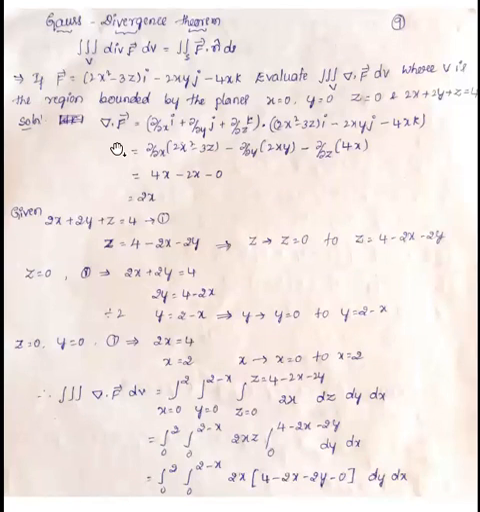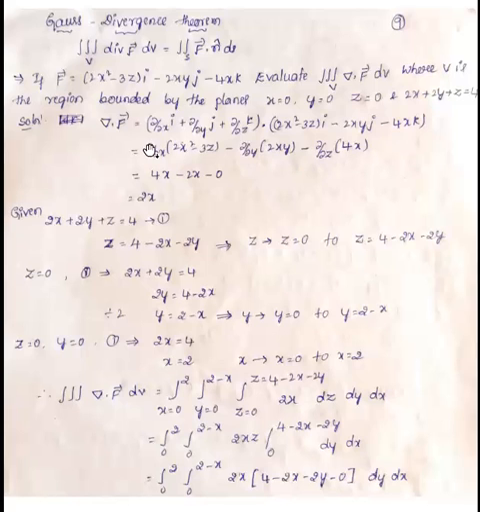So first we find the divergence of F. Here substitute the del value and substitute the given F value. (∂/∂x i + ∂/∂y j + ∂/∂z k) dot ((2x² − 3z) i − 2xy j − 4x k). Take the dot product: i dot i is 1, so ∂/∂x of (2x² − 3z); minus, j dot j is 1, that coefficient, ∂/∂y of 2xy; minus, k dot k is 1, ∂/∂z of 4x.